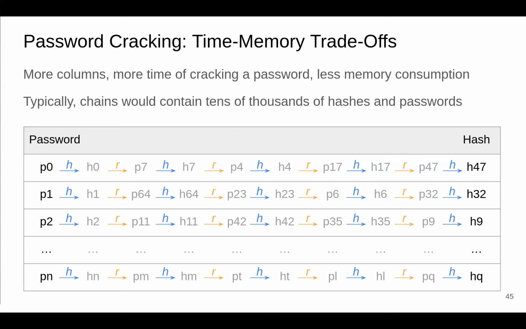Very cool. And this is how you pre-compute once, like you pay the computational cost of computing all the hashes once, and then you only need to store a very small subset of the table, of some initial passwords and some hashes. And to look up any of these in this table, you just iterate through this table and you're good to go.